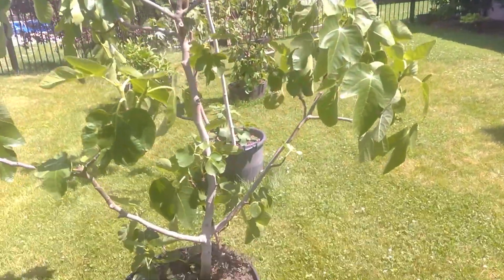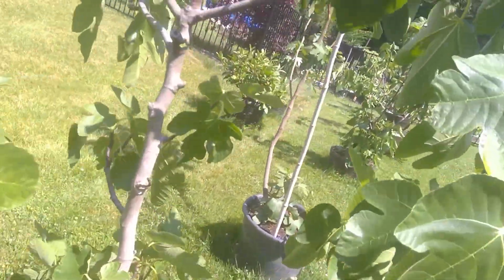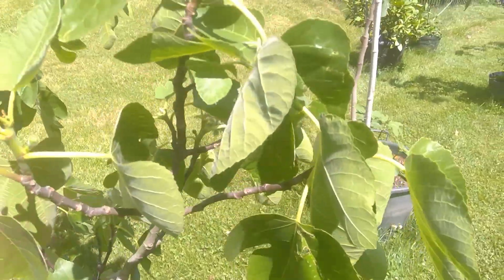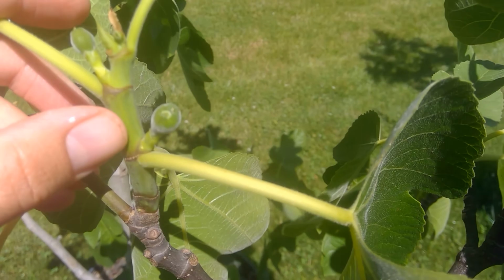Got some fig trees here. This is like my row of fig trees right here. You may have seen in one of my classrooms that I was growing baby fig trees. This is what they look like after a couple years. Focus in on it. About right there, you can see that's a little tiny fig in